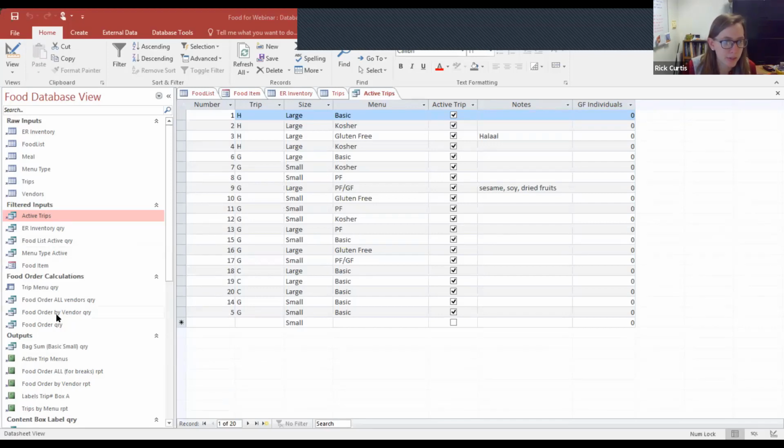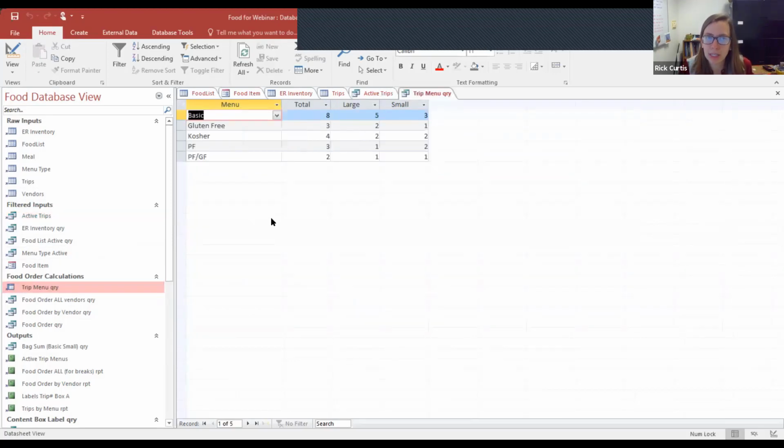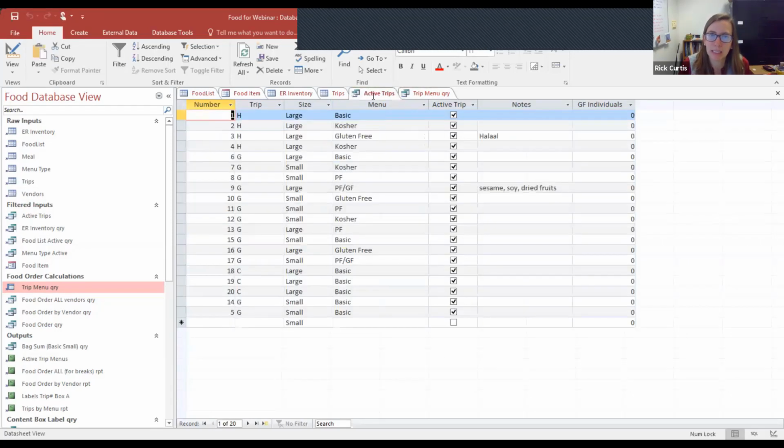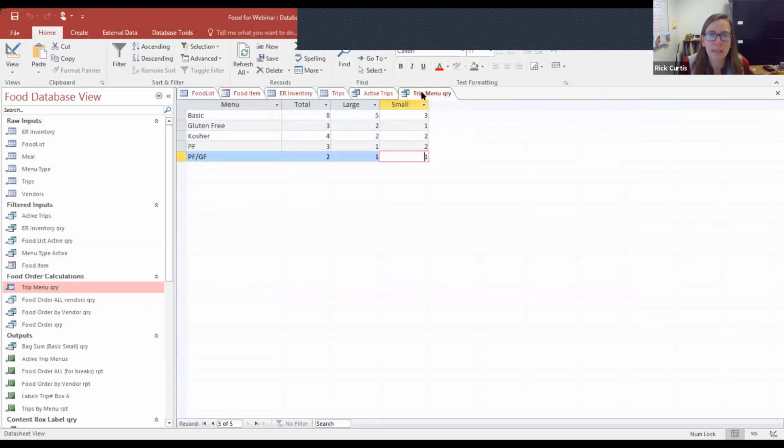Then I can go into trip menu query, here it is, trip menu query. And this is a special kind of query that is calculating the sums of the totals of everything. So I'm able to calculate how many basic large trips do I have, how many gluten-free large trips do I have, how many peanut-free, gluten-free small trips do I have. And that's just calculating basically the sums from the active trips and giving me a total number. And that's going to come into some of my calculations later